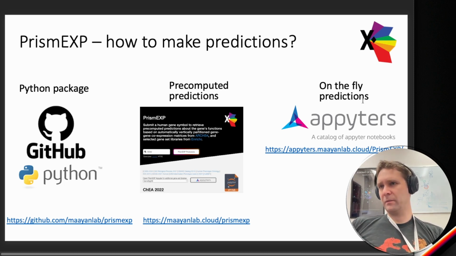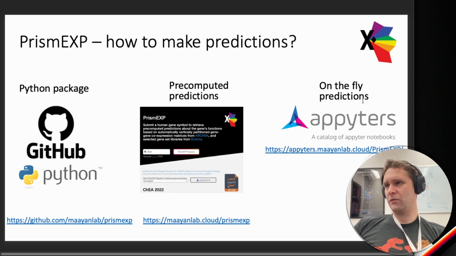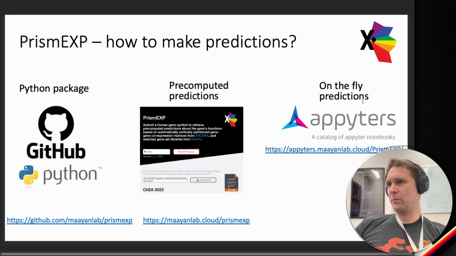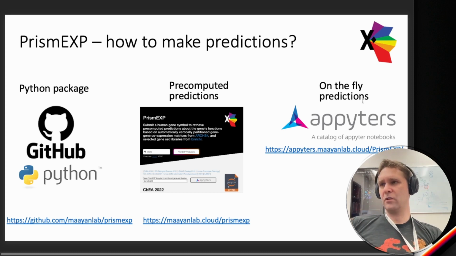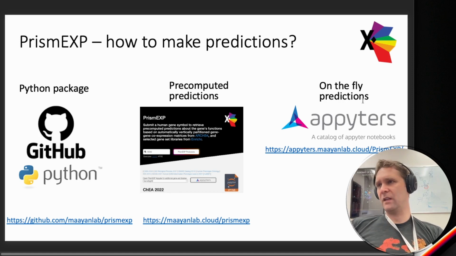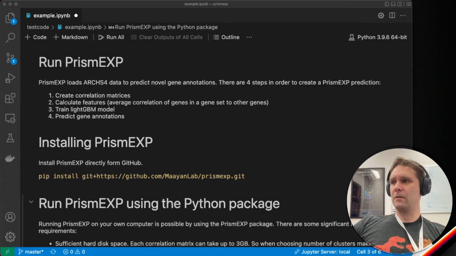One is the PrismEXP website, which has pre-computed information of genes, and then the other one are appyters that allow interactive input from a user, and then it produces a prediction for a gene of interest and a gene set library of interest. Okay, so if we look at the code,